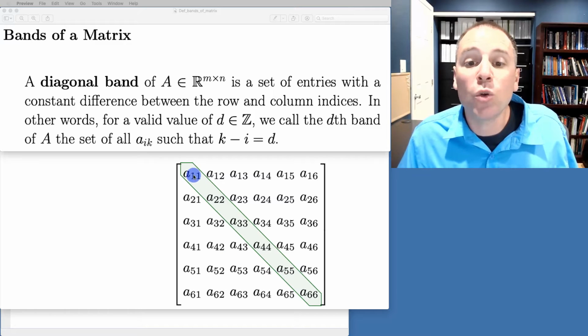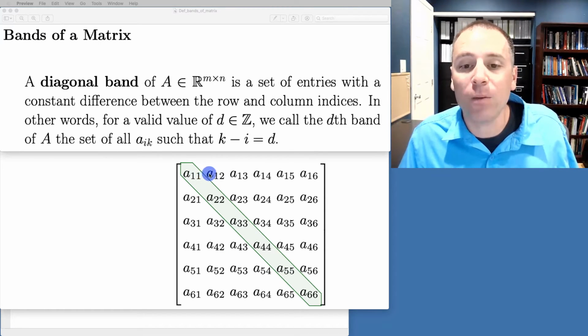We could go to a super diagonal band, one above the diagonal, by recognizing this is the positive 1 band, since column index 2 minus row index 1 is positive 1. Entry 2, 3 is also on that band, since column index 3 minus row index 2 is 1.